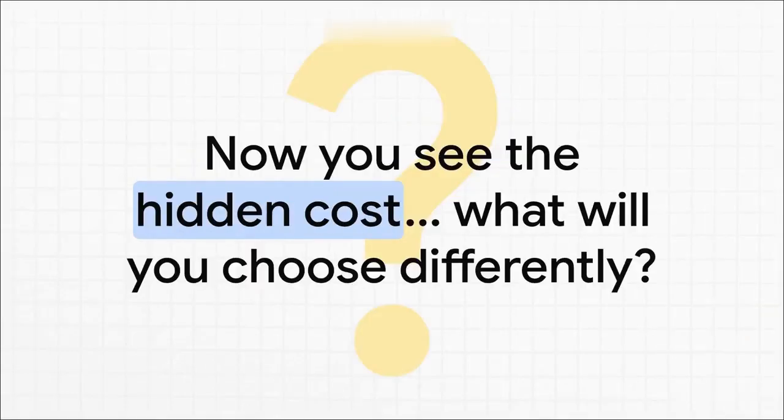So we've come full circle, all the way from your simple choice to watch this to the massive economic choices that shape our entire planet. It's all driven by that same simple problem. You can't have it all. So my question to you is this. Now that you can see the hidden cost, the opportunity cost behind every choice, what are you going to choose